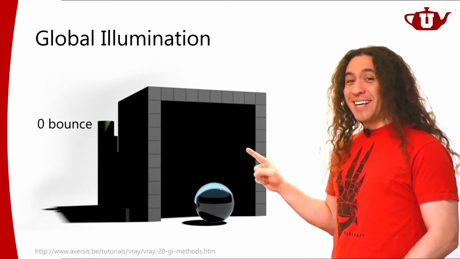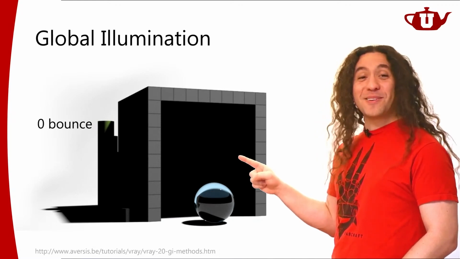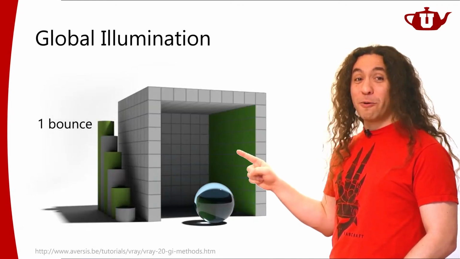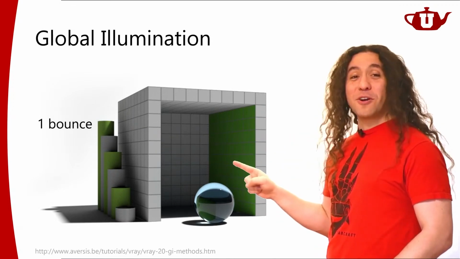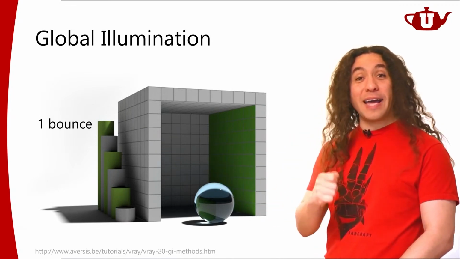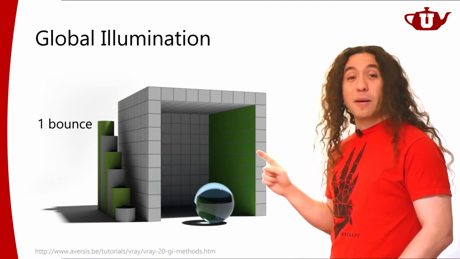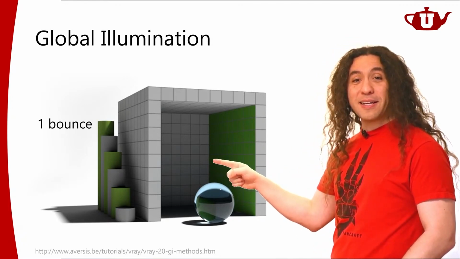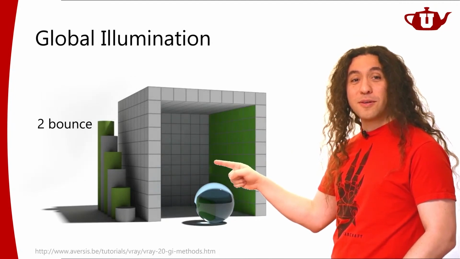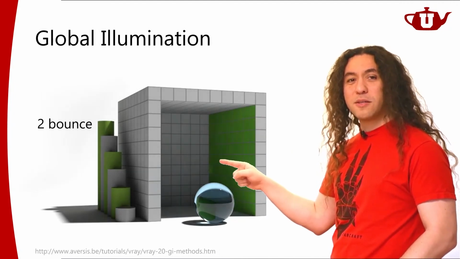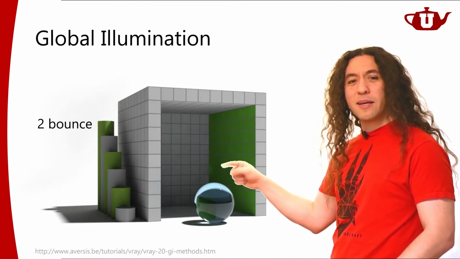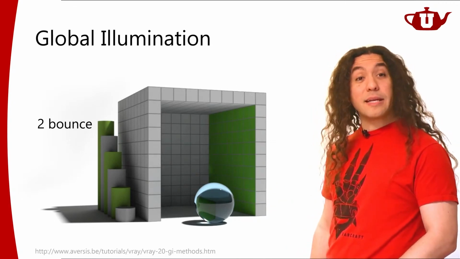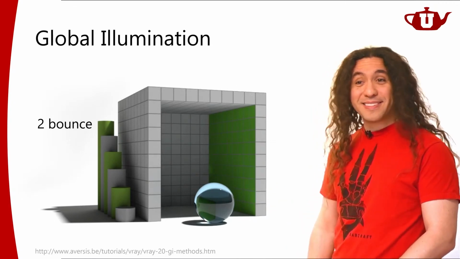Because guess what? This surface is not receiving any direct illumination. That means if I have only one bounce, no light is bouncing off of this green surface to illuminate back here. But if I add another bounce, that's when I'm going to get a little bit of green tint. Are you ready? I'm going to add another bounce. Yeah, I added another bounce. So things are becoming brighter from 1 to 2. Things are becoming a little brighter, and also I'm getting a little bit of color bleeding now. All right, now I'm getting it.